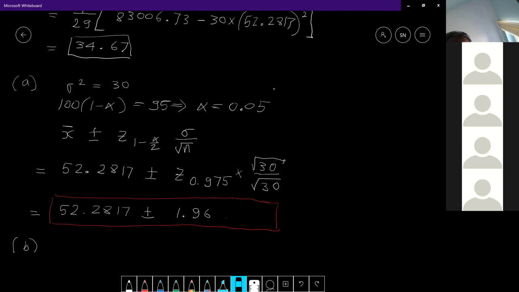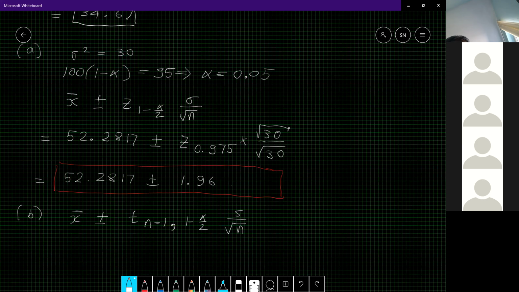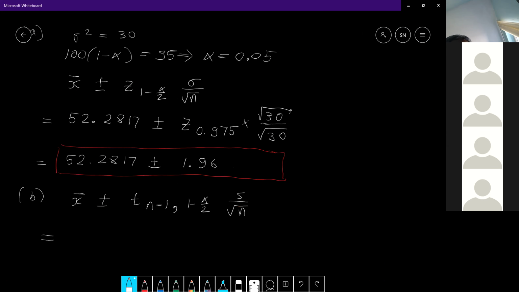I appreciate it. Okay. For part B, we are assuming that the variance is unknown. So we need to use the formula x bar plus or minus t, n minus 1, 1 minus alpha by 2, s divided by root of n. So this is the formula for the confidence interval when the variance is unknown, right? So this will become equal to